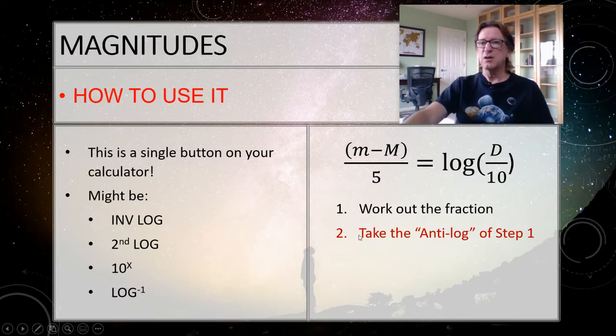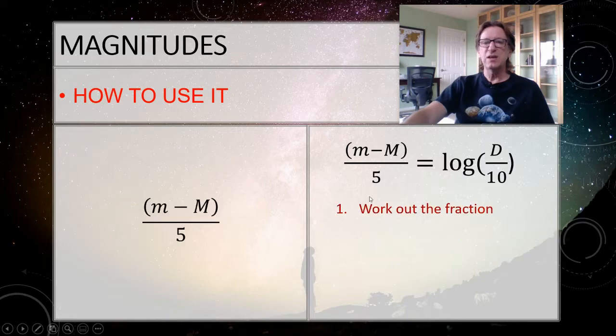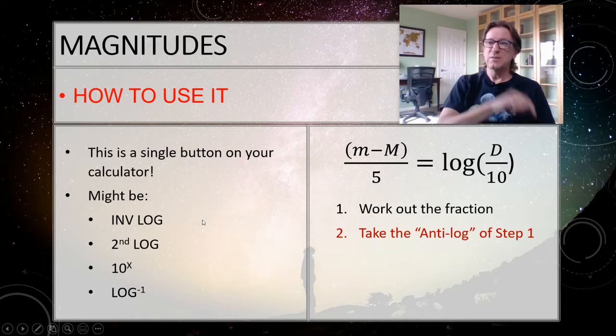Now, you've got to look at your calculator to see what that antilog button is. It might be INV log, it might be second function log, it might be 10^x, not x10^x, that's scientific notation. It might be log minus 1. You'll have to look and see what it is. And if you can't find it, come by Live Help and we'll figure it out real quick. So you just found that number here. This is just a number. And then you hit inverse log or antilog or 10^x or whatever it is.